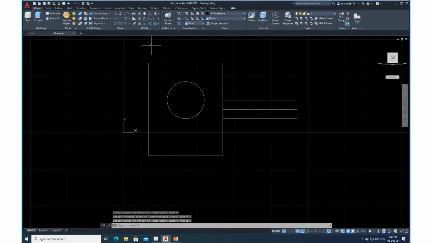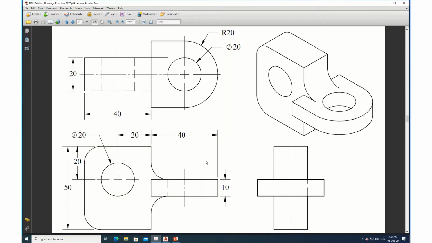Okay. Now I will remove the center line. I don't need the center line. Now this thickness is how much? The thickness is 10. Okay. So now I will just go here from this end to this end. I will close it. So I have this thickness with me now. How much is this length? This is 40. Correct. From where?